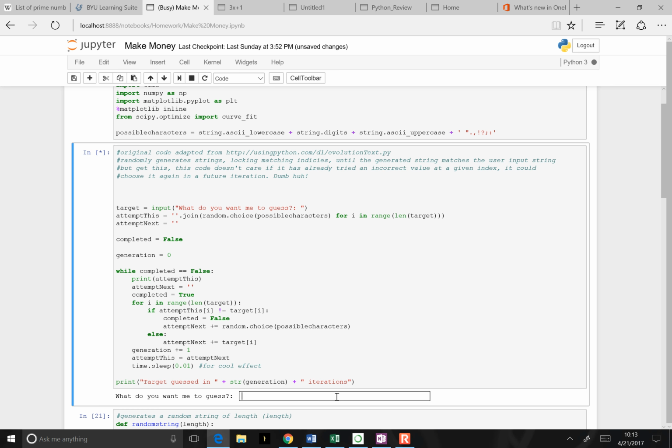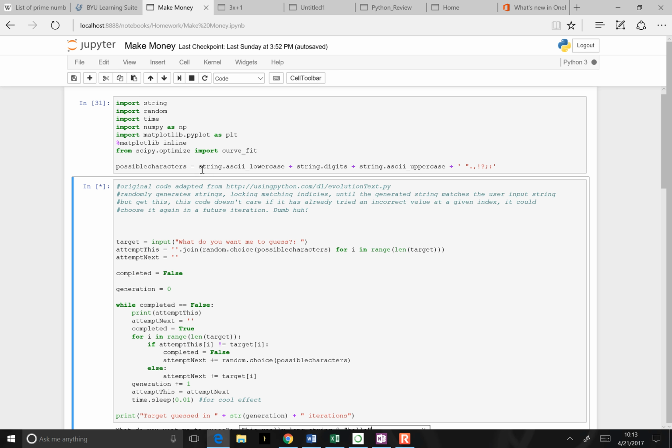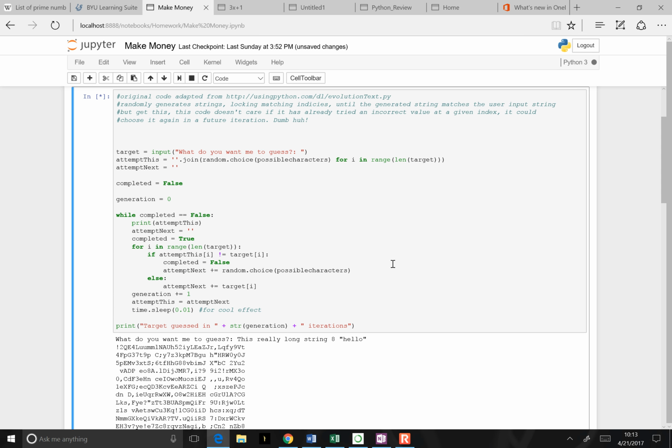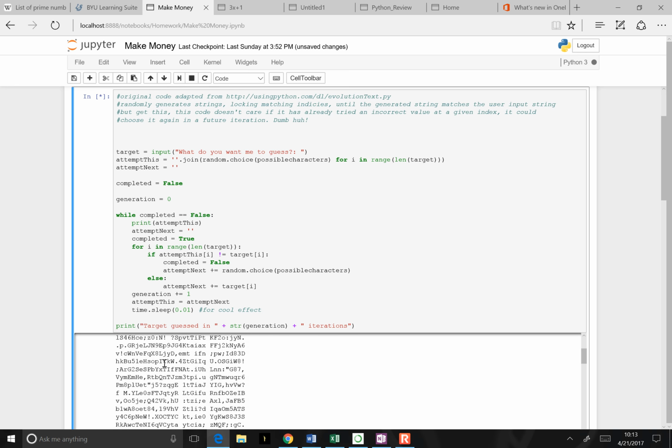Let's say we want to guess this really long string. We can put maybe a letter in there, and you could have like quotes, hello. You can have whatever you want in there, as long as it's within what we defined as possible characters. Possible characters are the lowercase and uppercase letters, the numbers, and these other punctuation characters. And so you'll see I run this here, and what it does first is it generates,